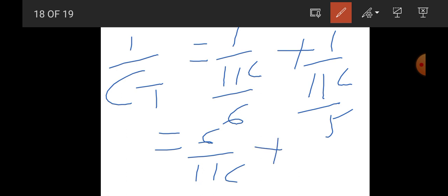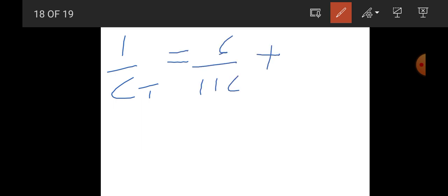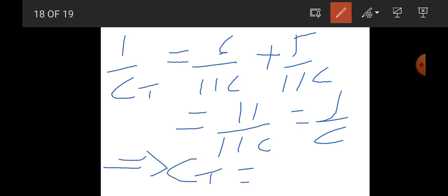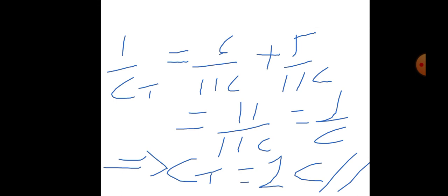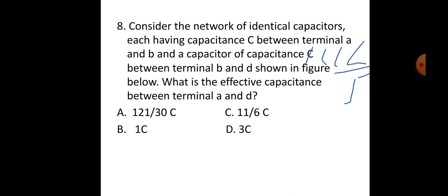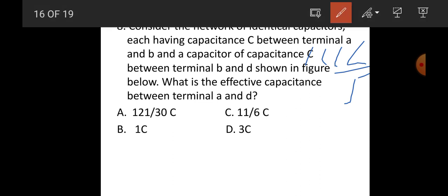6/11c plus 5/11c. 1/c total is equals to 6/11c plus 5/11c so this is equal to 11/11c ይሆናል። this is equal to 1/c ይሆናል ማለት ነው። ፋይናሊ ሲ ቶታል ኦር ኢፌክቲቭ ካፓሲታንስ ኦፍ ዘ ካፓሲተር ኢዝ ኢኳልስ ቱ c ይሆናል፣ ወደ ላይ ይወጣል ማለት ነው። ዚስ ኢዝ ዘ ኮሬክት አንሰር። ስለዚህ ይሄንን የትኛው ነው መልሱ ብለን ስናይ 8ኛ ማለት ነው c። ዚስ ኢዝ ቢ ነው ማለት ነው። ቢ ኢዝ ዘ ኮሬክት አንሰር።